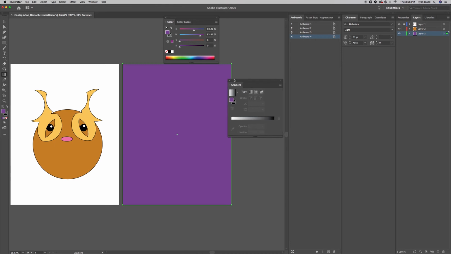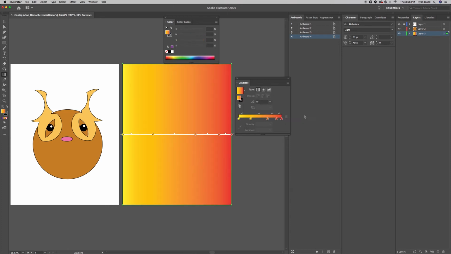Okay, so this is like way different from where we started, but I can show you that there's quite a few different ways to alter it and change it by modifying this little line over here. You can modify where your color transitions over here. You can flip it to be at a 90-degree angle, which would be closer to where we were before, to where it's going vertically instead. And then I can double click on any of my gradients and create my own gradient spectrum if I want,